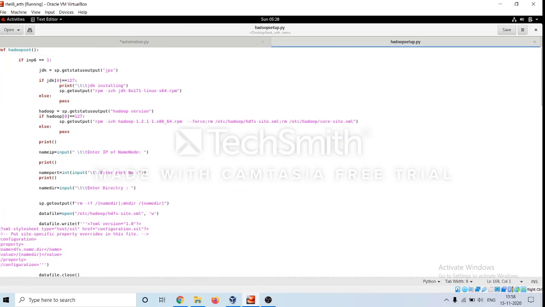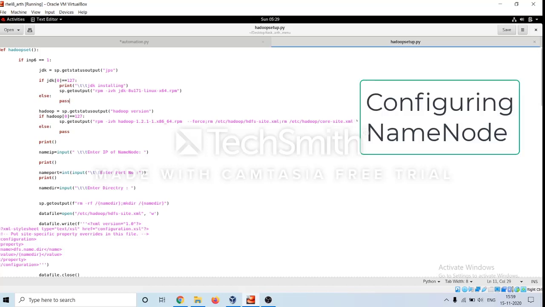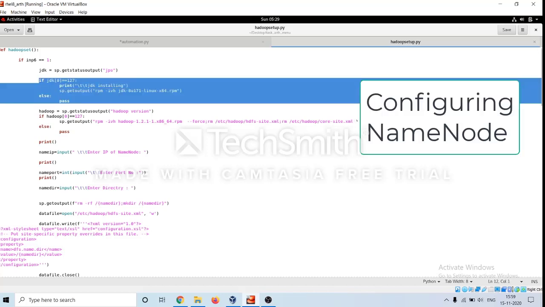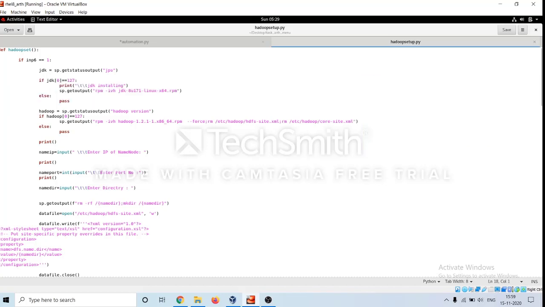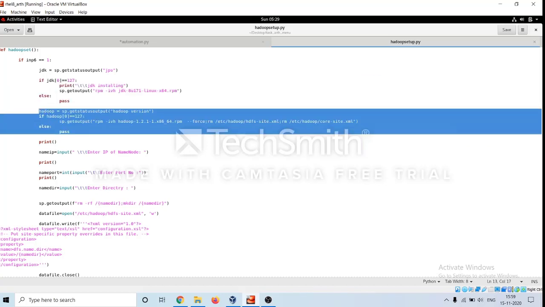I have made the program so smart that it will already check whether JDK has been installed or not. If it is installed, it will not install it again, and again it will check whether Hadoop is installed or not. If it is not installed, it will install it.